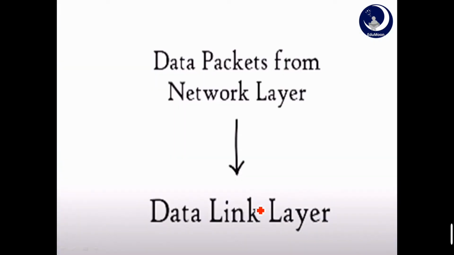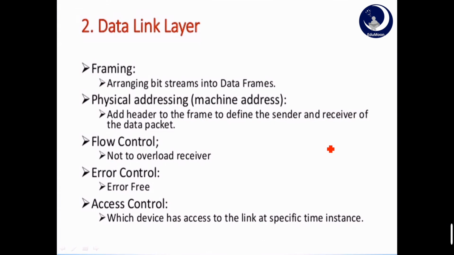Next is the data link layer. It receives packets from the network layer, which contain IP addresses of both the sender and the receiver, that is the destination. It helps the upper layers to access media using frames and controls how data is placed on and received from media, that is media access control, and it also helps in error detection.